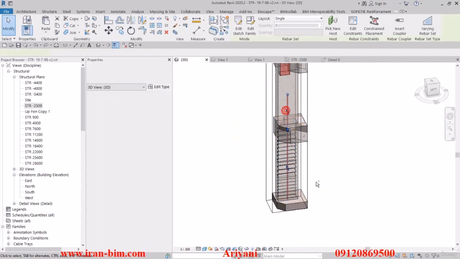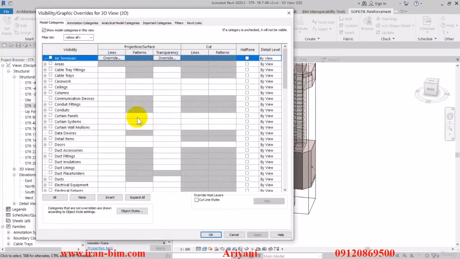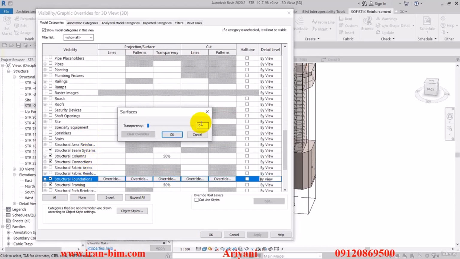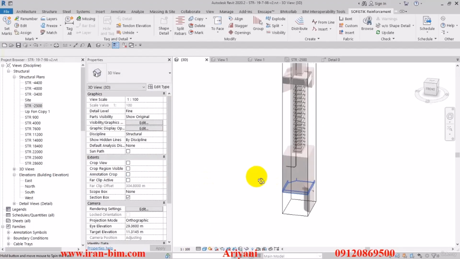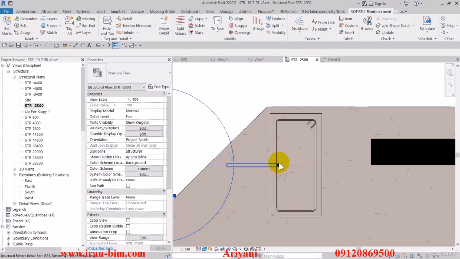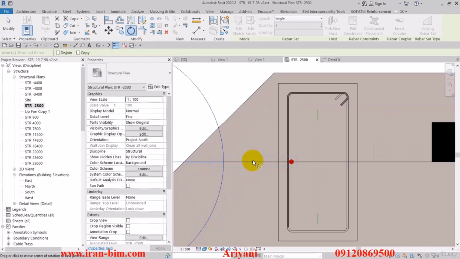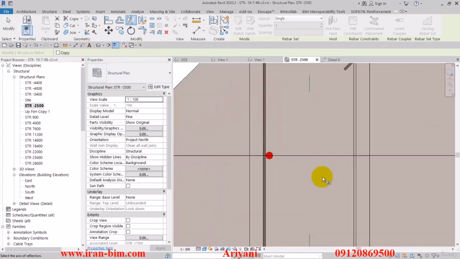Alright, let me extend this a bit, open it up, and from the visibility graphics menu, find the structural foundation and put the transparency for this one on 50. Alright, so now it's okay. Let's go back to this part and select this one. So because this part is sticking out, we can go here and select it and then rotate it in one direction. Or I can go here and select the mirror tool and uncheck the copy box and then mirror it